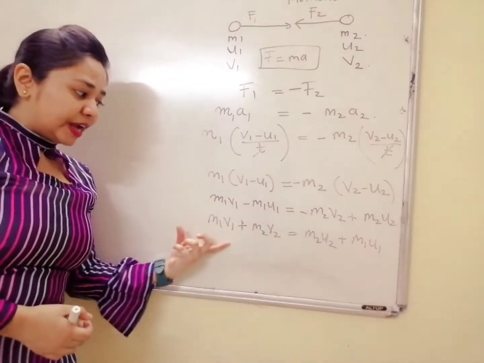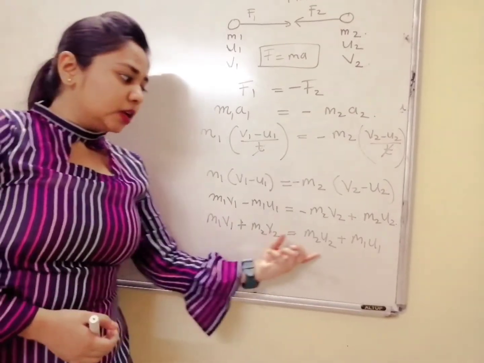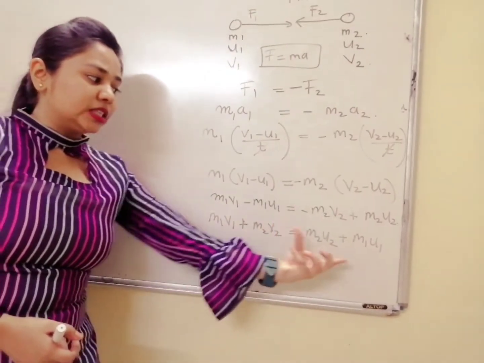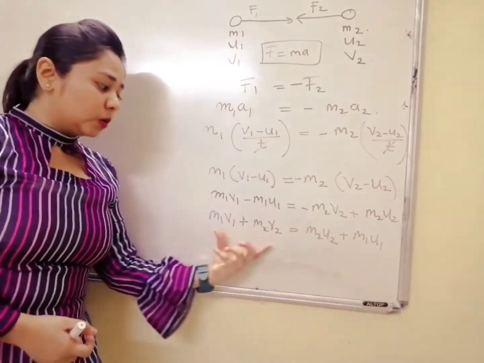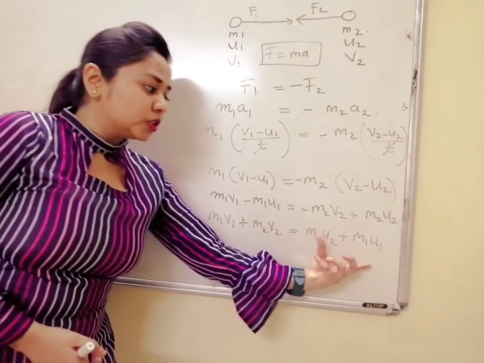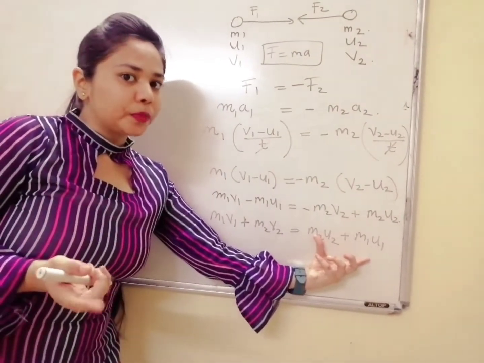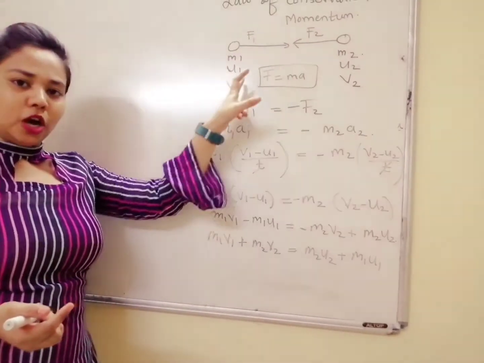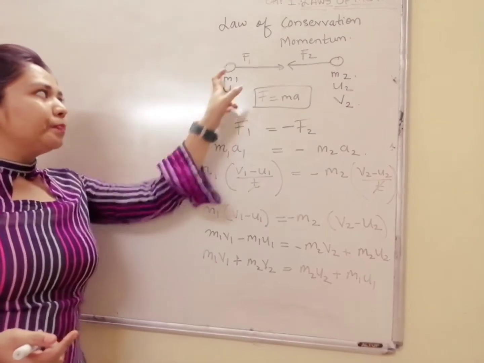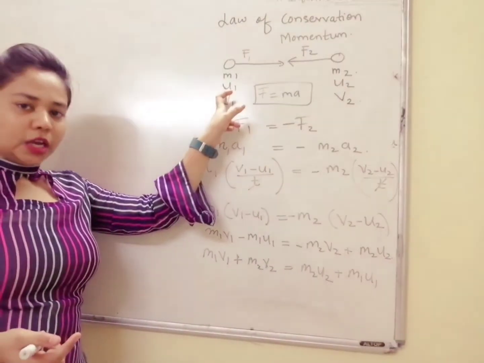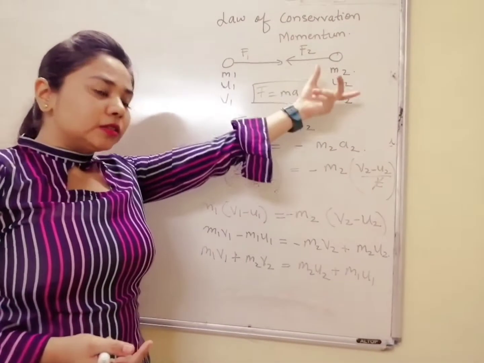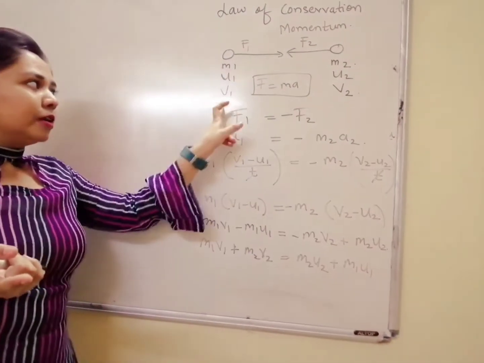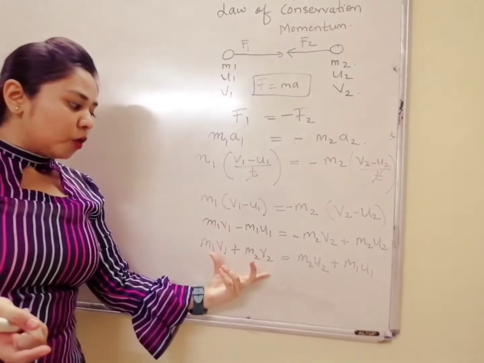See, here only final velocity, that is V is there. Here only initial velocity of both of the masses are there. So the initial momentum is equal to the final momentum. You can see this was my initial momentum. Momentum is what? Mass into velocity. So if I am talking about this particular mass, so what it will be? M1 U1 will be its momentum initially, then M2 U2 will be the second mass's momentum. Similarly, final momentum will be what? M1 V1 and M2 V2. Both of them are equal.